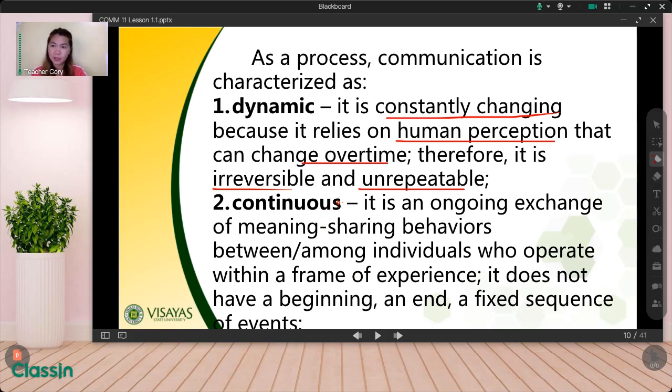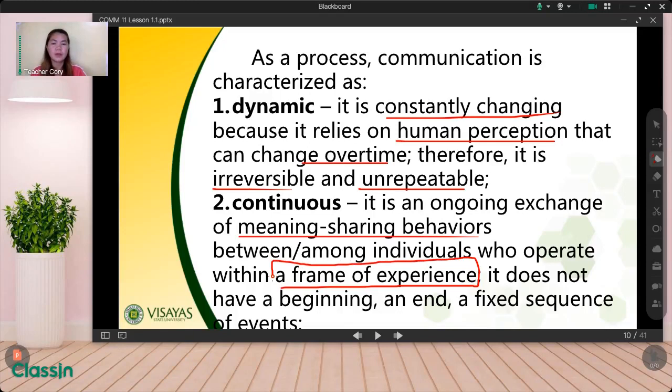Next, it's also continuous. It is an ongoing exchange of meaning, meaning sharing behaviors between and among individuals. Continuous, like in the market, for example, it cannot just stop right away unless they separate. Even when the speaker and the listener have separated already, it's an ongoing exchange. When you are engaged in conversation, it's an ongoing exchange of meaning sharing behaviors, not only the words that we utter, but also the attitude that we express, the facial expression that we show,